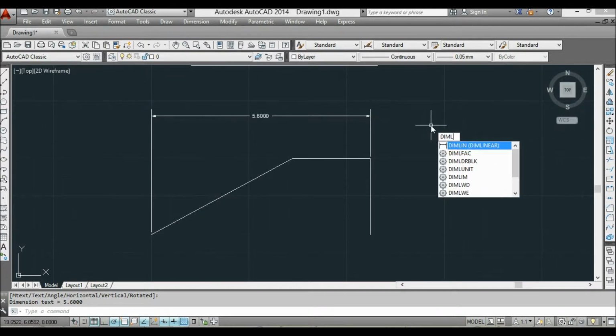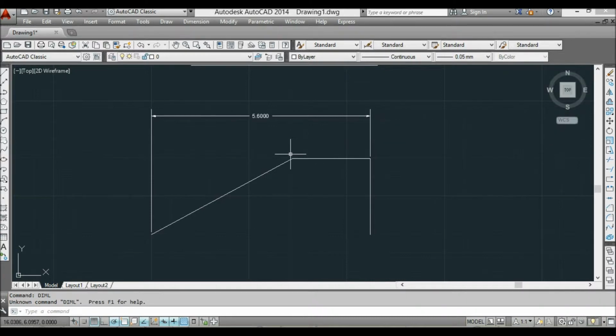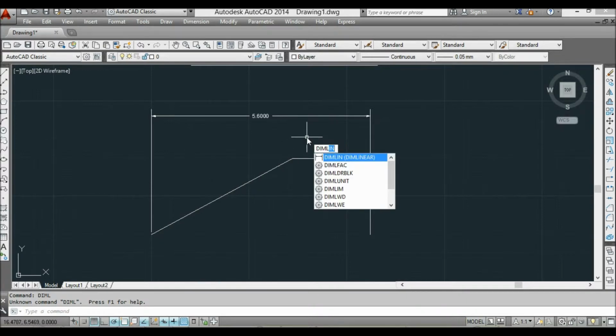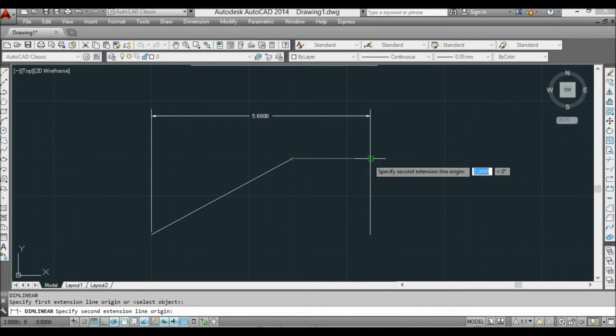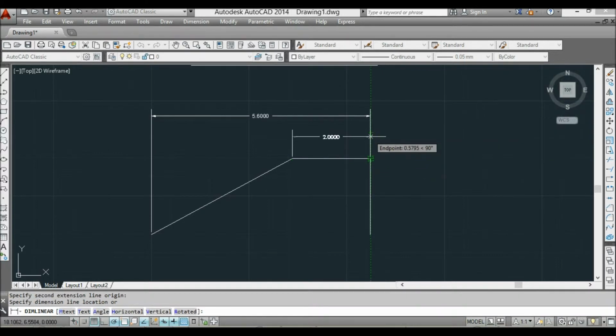Then another linear dimension, dim lin, from this point. Okay, dim lin. Linear dimension, that's linear dimension from this endpoint to this endpoint. So there's your dimension, 2. The next one